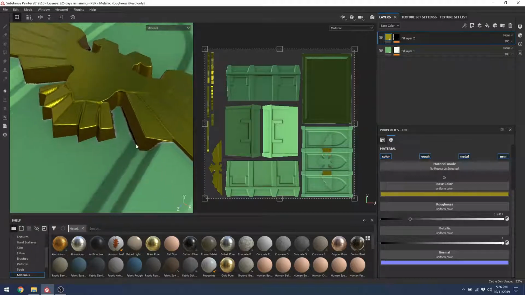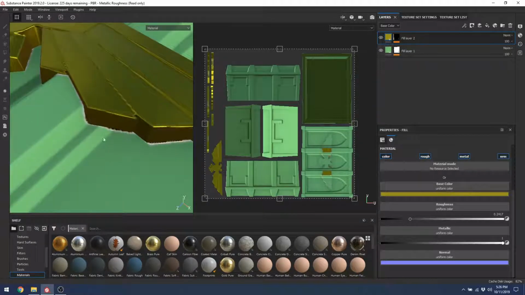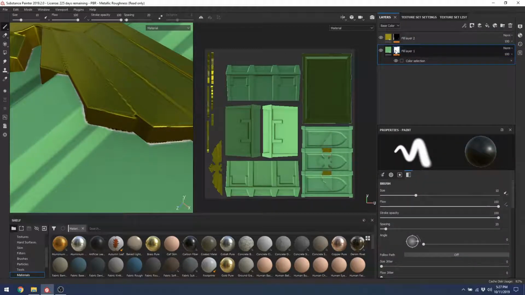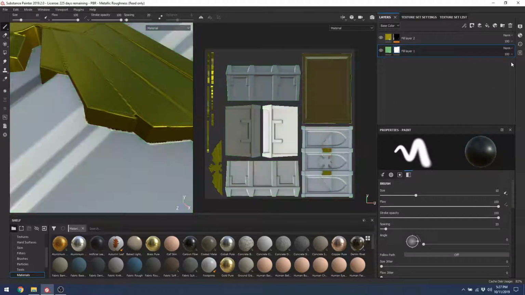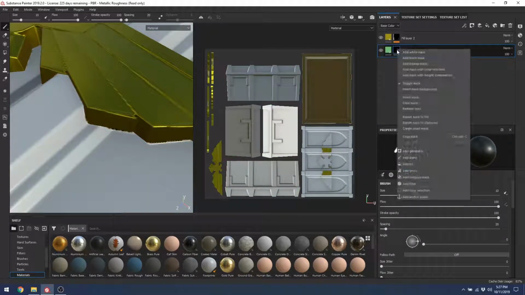Something to notice is that there are weird seams in where the materials meet. And that's because if you look back at the material ID mask, there's gaps in between materials where it's trying to blend between blue and red. And what I can do to alleviate that is actually just remove the mask on this guy. Remove mask so that